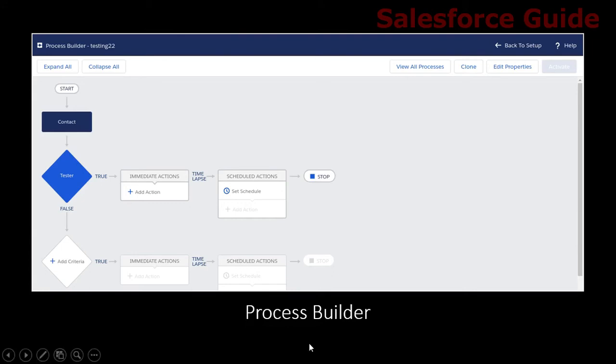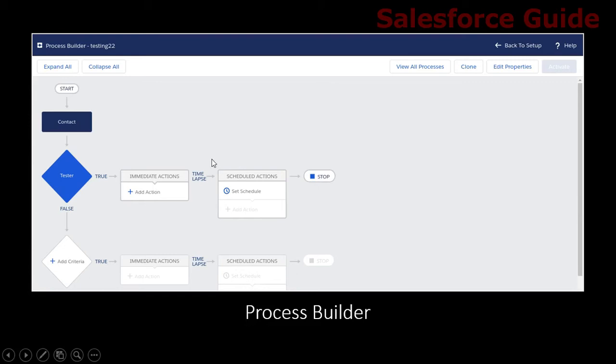Now if you observe carefully, here is a stop button, which tells you whether you want to continue the process or not. If you want the Process Builder to stop working for the current scenario or current record after executing a certain condition, then you can click on stop so that the Process Builder will stop. Otherwise it is going to check the other conditions as well. Just as with the first diamond, it will go and perform the activities related to the other criteria or conditions you have specified.